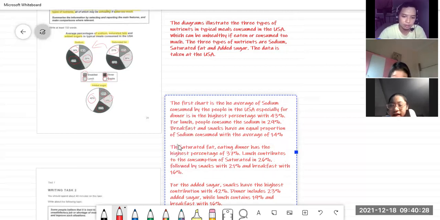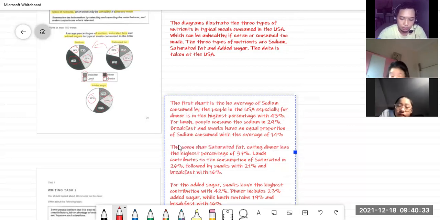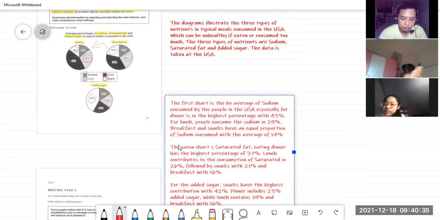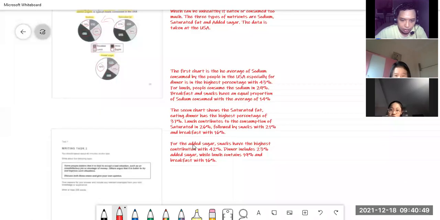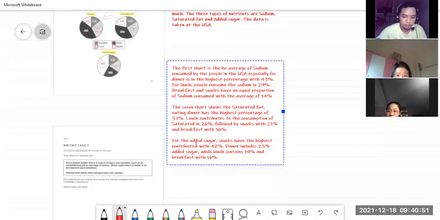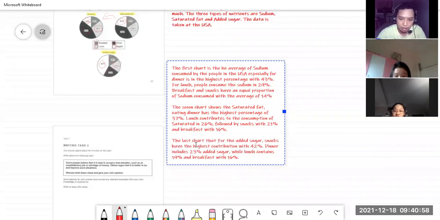Maybe the second. Yes, the second chart shows the saturated fat eating dinner. And then the last chart, we can add here: the last chart that